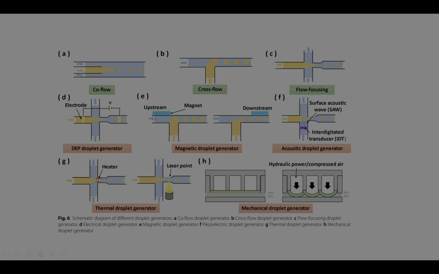Then the magnetic droplet generator, where the magnetic field will be used to generate the droplet. This is upstream and this is downstream. It can be used to determine the size. So if you keep it upstream, then it will take a longer time to make a bubble and so make a droplet, and that will flow. Whereas downstream, it will just quickly